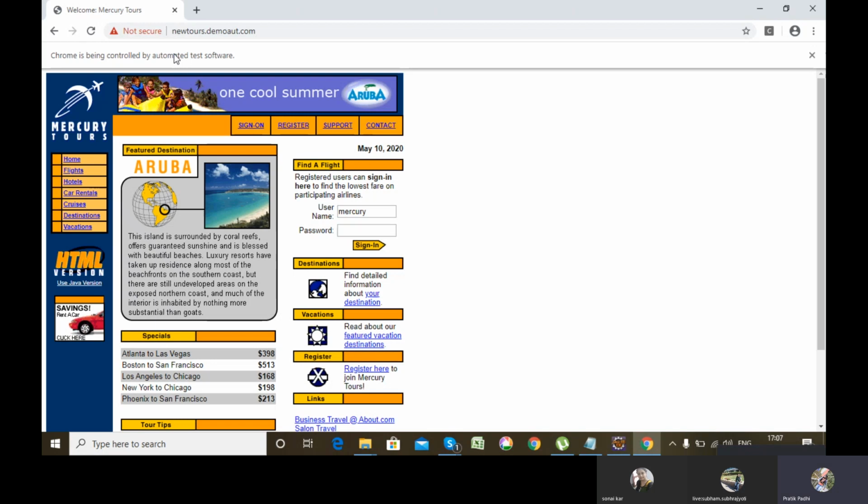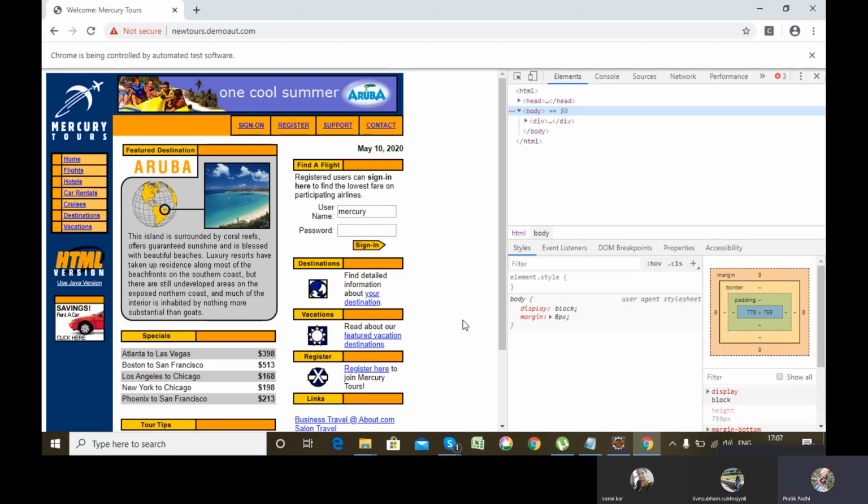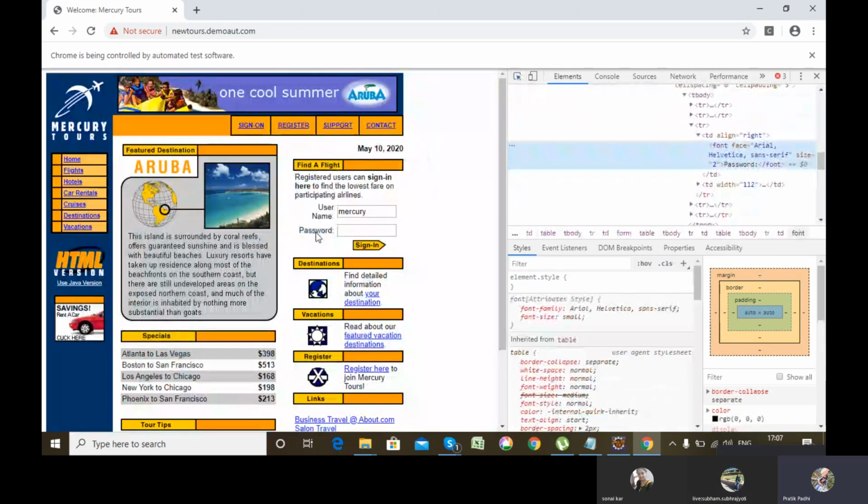See, it entered the password and it will clear the password field. So you saw the password field got cleared. Got my point? Now, say for example, I have a visible text. For me the visible text is password and username. Let's say in runtime, I want this visible text in my code.